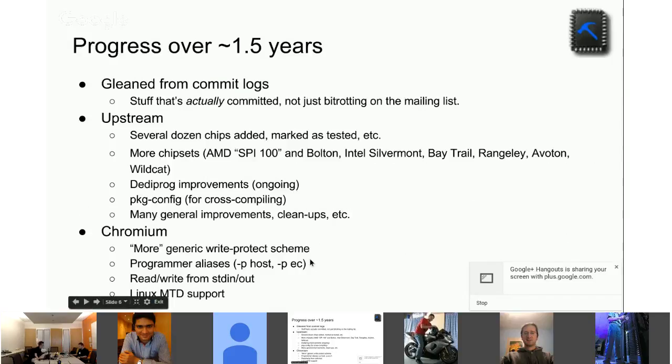Another thing that we did was programmer aliases. So one of the clumsy things about the Flashrom syntax is if you need to specify something other than the chipset that you're running on, you say flashrom -p internal, and then maybe you specify a bus or something. So this is broken in the embedded world because, at least for ARM systems, especially Chromebooks, we have both the application processor, the AP, and the embedded controller, the EC, interfacing with